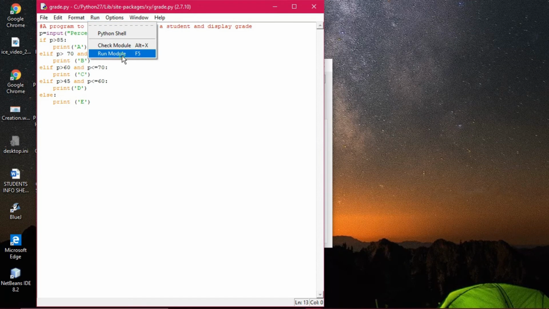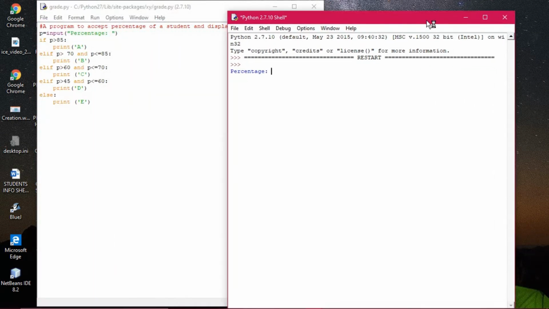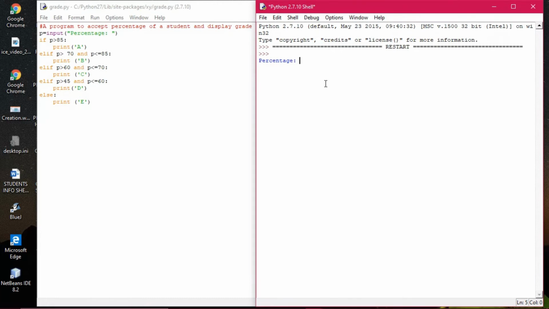We will simply execute this program with different marks. We will check out the grades, whether it is perfect or not. So first of all, we are checking with the percentage. You see, I'm keeping this code side by side. I'm giving it 89. All right, 89, more than 85. The first one, I'm just checking whether it qualifies or not. So it is showing A correctly. You see, when it has been executed, the rest of the things have been bypassed.